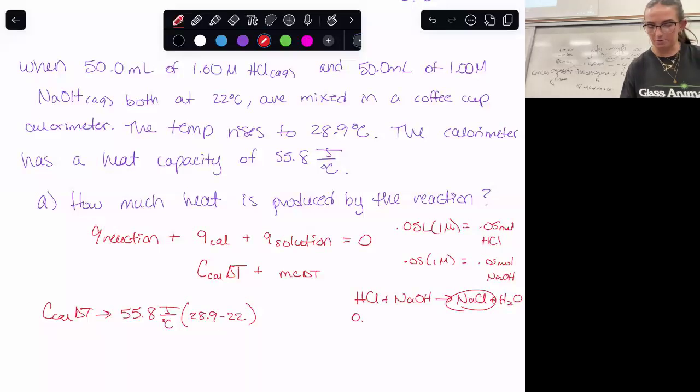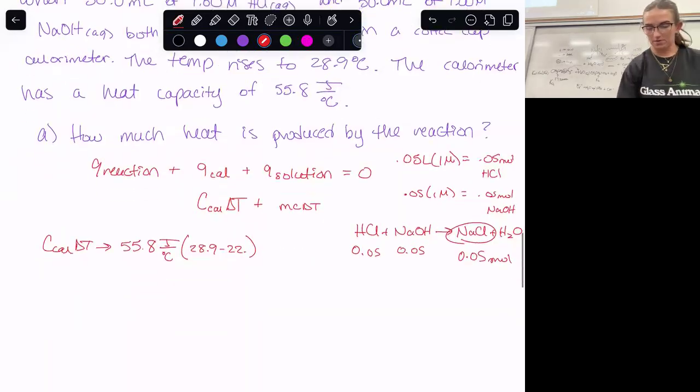Right, so if you have 0.05 and 0.05, if we have a 1-to-1, how much of the sodium chloride is going to get formed? 0.05. So if we have 0.05 moles of